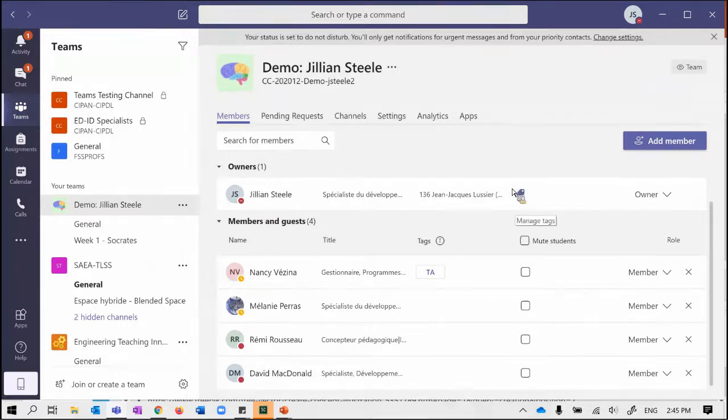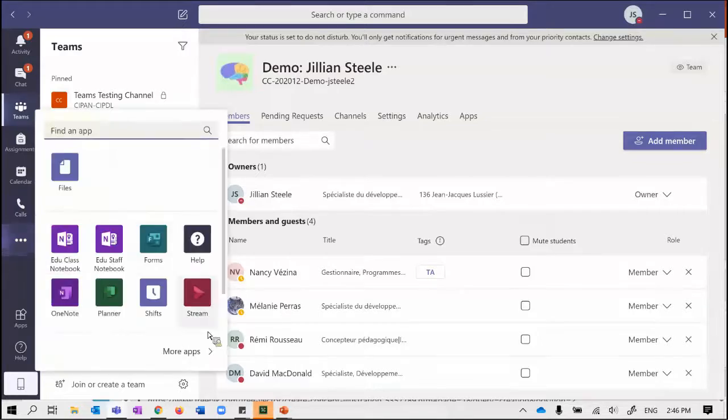Okay. So continuing with some of these initiation steps, as I've now added all of the individuals I need to in my course, the next thing I'm going to do is step out of Teams into an associated program called Microsoft Stream. Now, these steps are very important if you are going to be recording your lectures in the system, because they are going to restrict access to your course material to just those students who